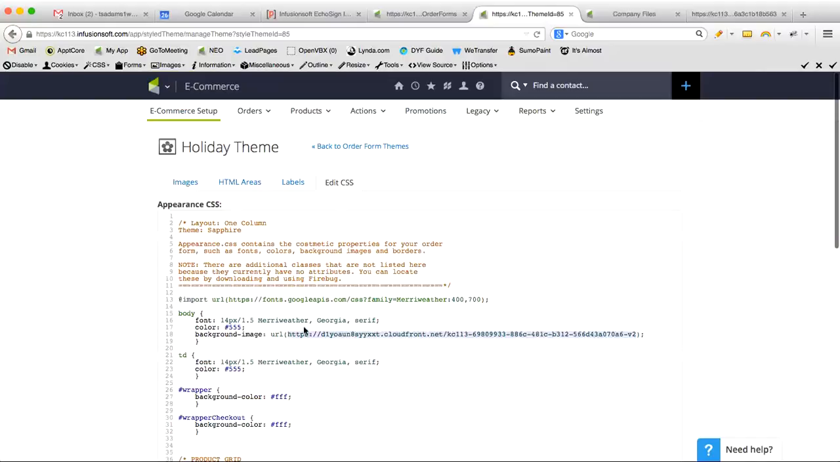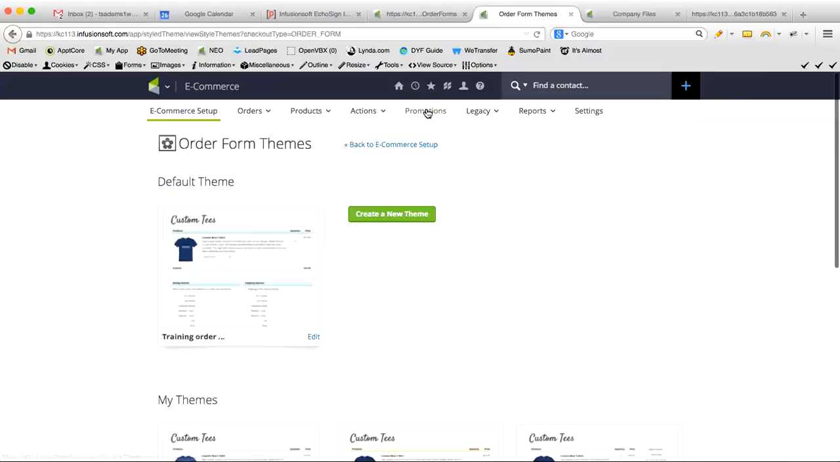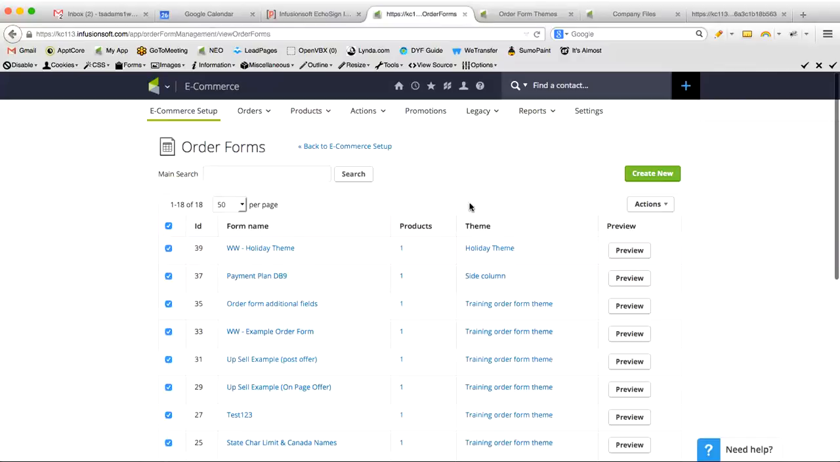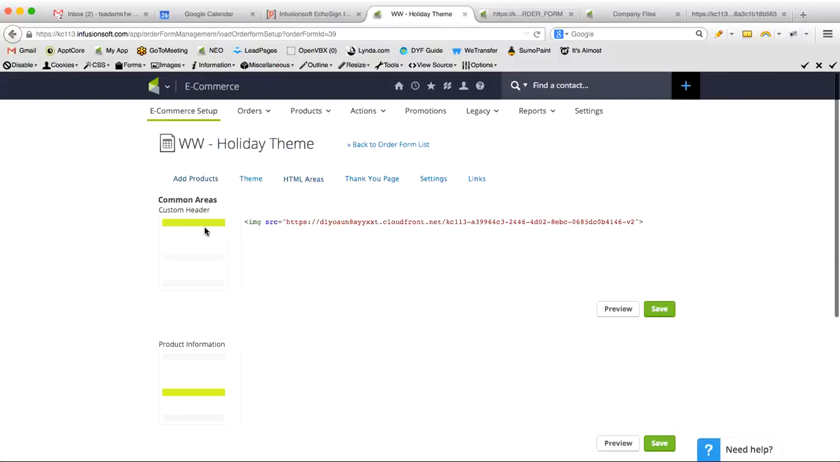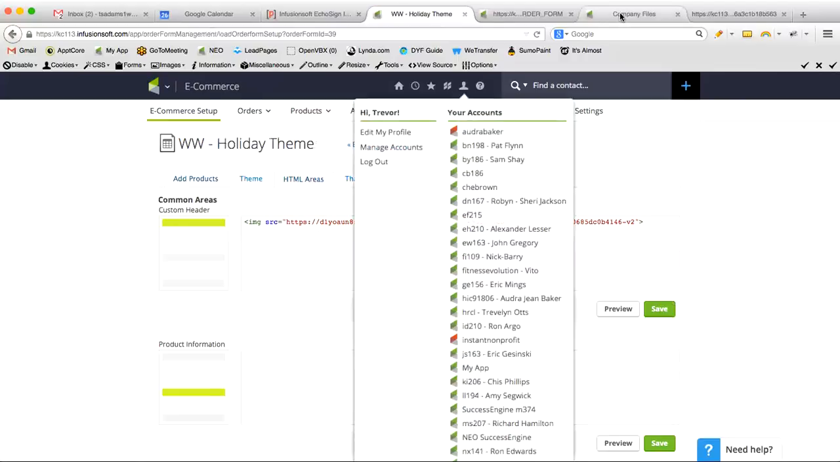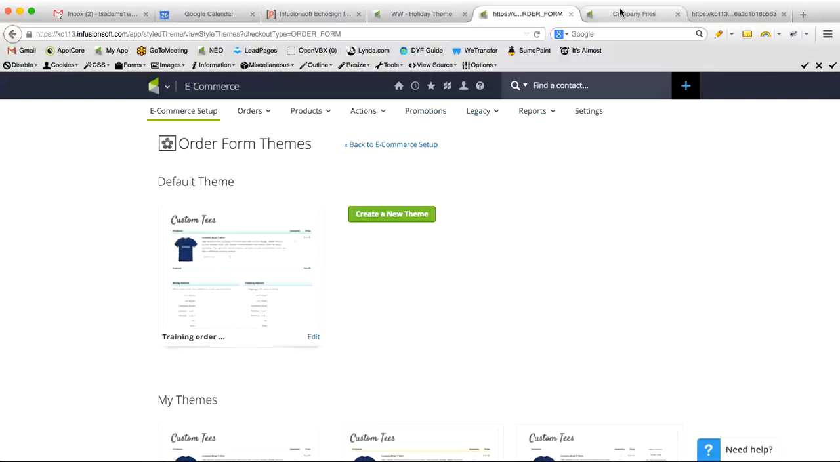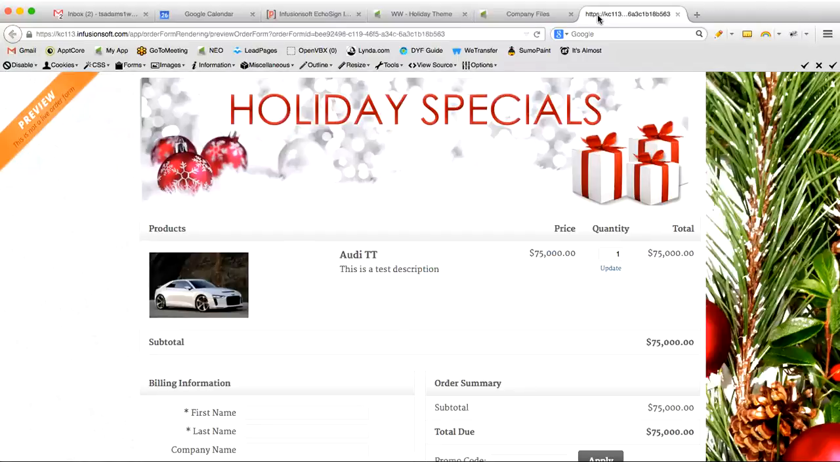Once that's done, then you'll be all set, of course, with your background image. And if we look again at the order form theme, I'll show you what I was talking about with the image put in place. So the image, just as a refresher, let's close down some of these tabs. There we go. So this image right here, this holiday specials image, whatever banner, if you even want one, or